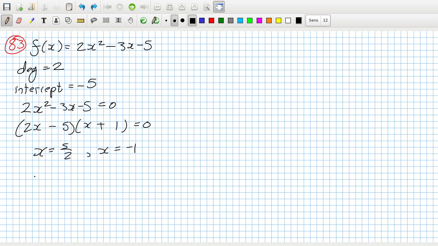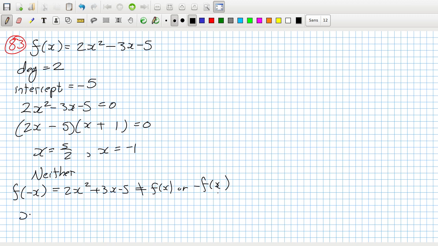So it's neither, because f of minus x would be 2x squared plus 3x minus 5, which does not equal f of x or minus f of x. So it's neither. And finally, the behavior,